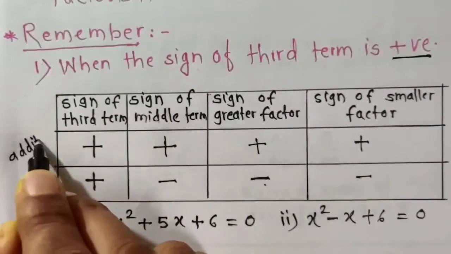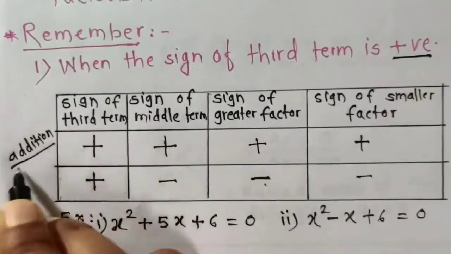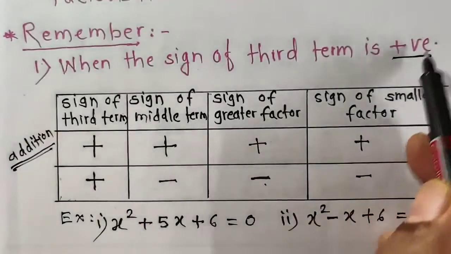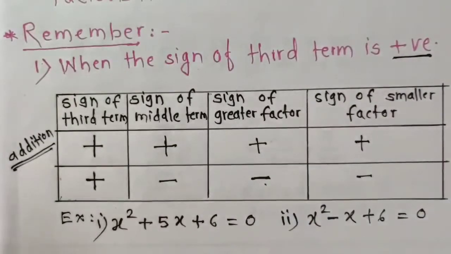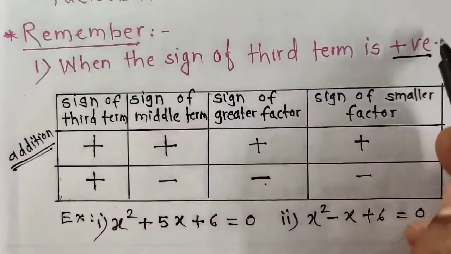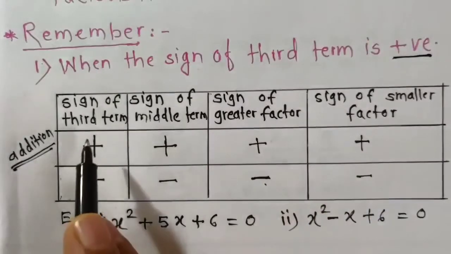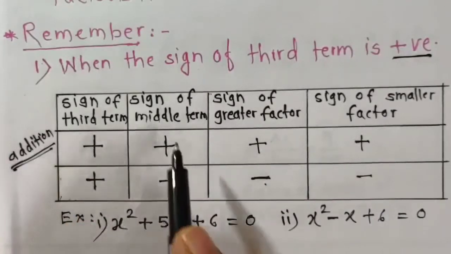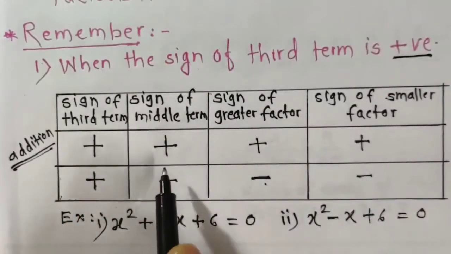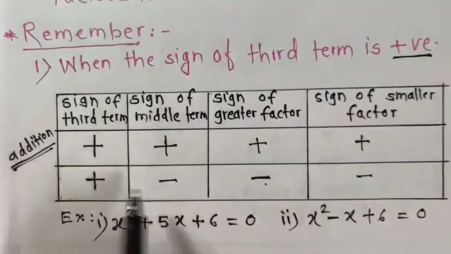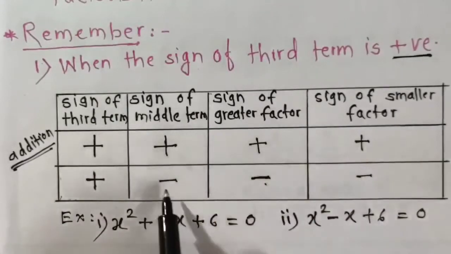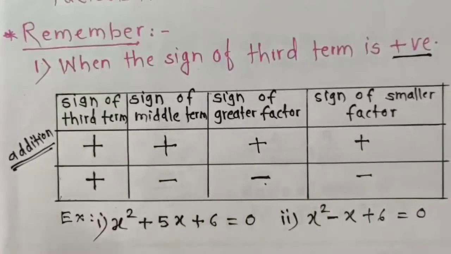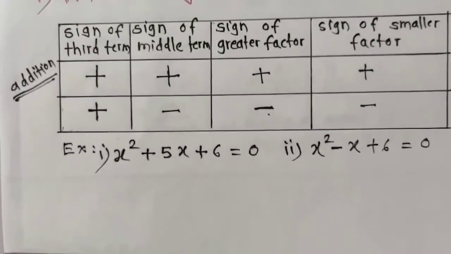Now how will we get the middle term? By addition of these 2 factors, we get the middle term. So remember this: whenever the product is positive, by adding these 2 factors, we get the middle term. Next point: whenever the product is positive, the sign of the factors depends on the middle term. If it is plus, then both are plus. If it is minus, then both are minus. And adding these 2 factors, we get the middle term. So remember again, by addition of these 2 factors, we get the middle term.